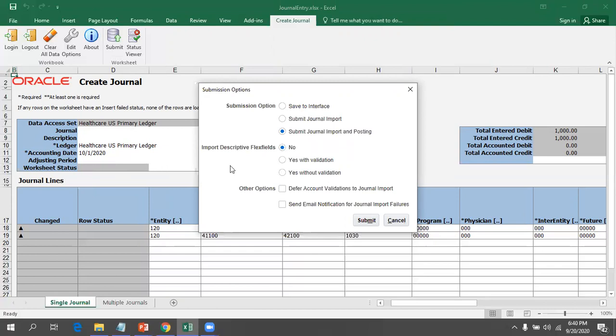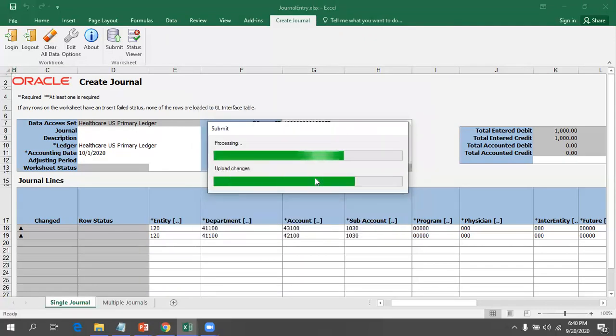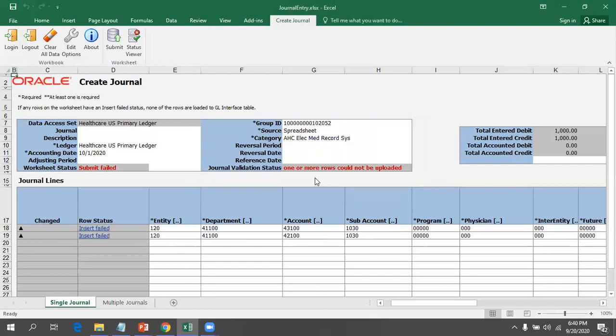Let us say if you would have entered some error, it will not show this particular pop-up. It will give another error. Okay. Now what I want to do is I just want to validate the data before submitting, and you can select the appropriate option like submit, general import, posting, all those things based on your particular setup configuration. Now click on submit. So once you click on submit, what it will do? It will load the data into the interface table.